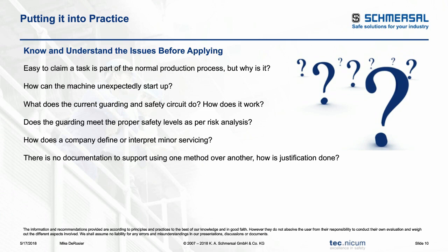The next thing is, understand the equipment, understand the machine. You saw the words unexpected startup or applying energy back to that machine unexpectedly. Understand how that could possibly happen. Probably one of the most common aspects to that unexpected startup would be trapped pressure. When you're doing a task such as clearing something out of a machine, whether it's a cleanup process or a changeover process, whether it's lockout tagout or machine guarding for that particular task, is there a possibility that